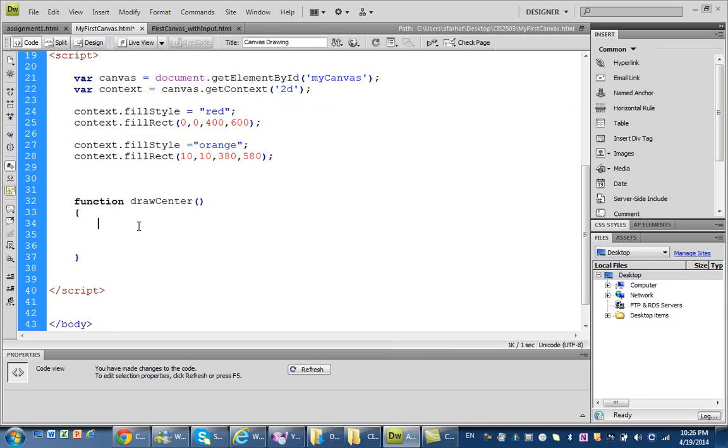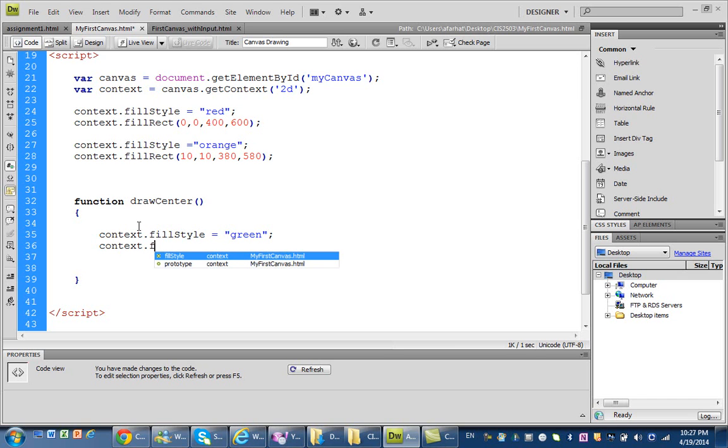So all I have to do, I'll say context fill style will go style equal, let's say green, and now to draw in the center, I can start from a point in the center, context dot draw rectangle, or fill rectangle,